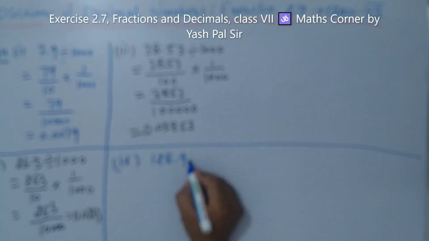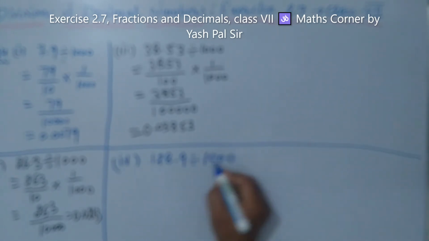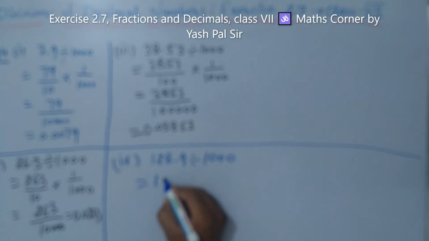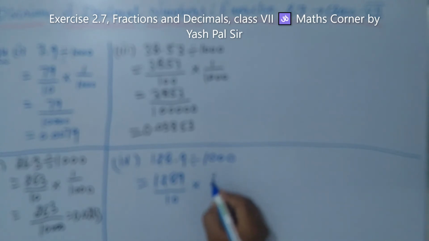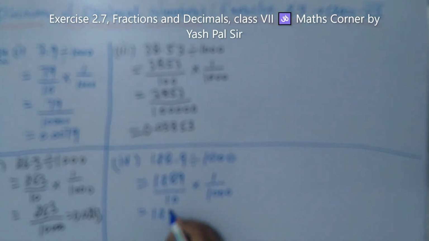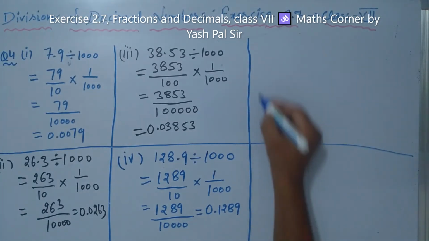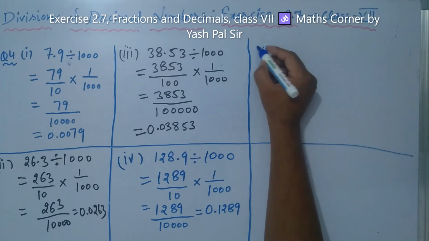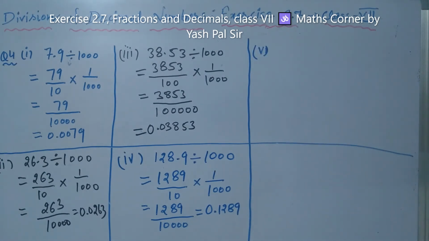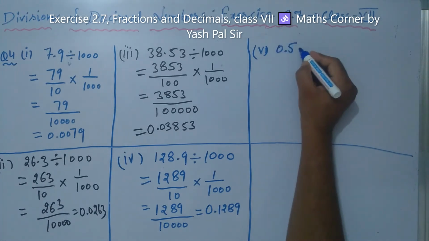128.9 divide 1000. This is equal to 1289 divide 10 into 1 upon 1000. This is equal to 1289 divide 10,000, which is equal to 0.1289. So our next part, part number 5, is 0.5 divide